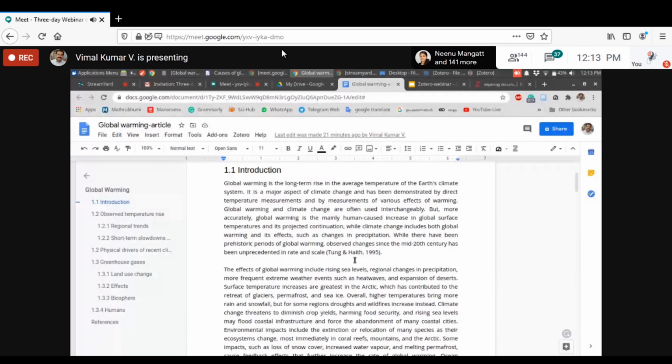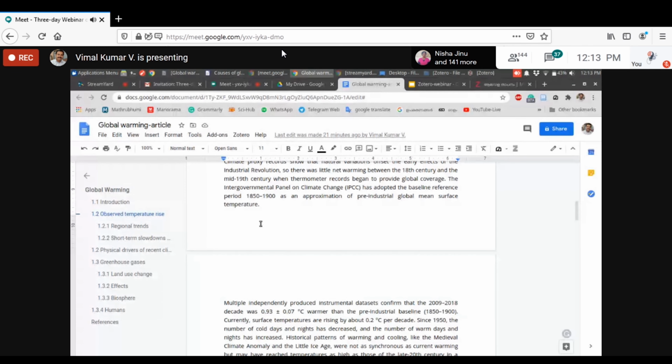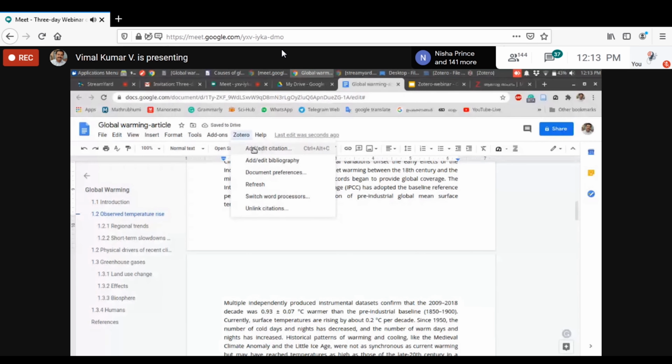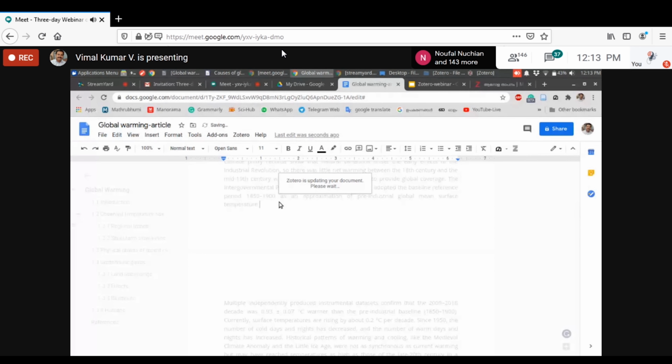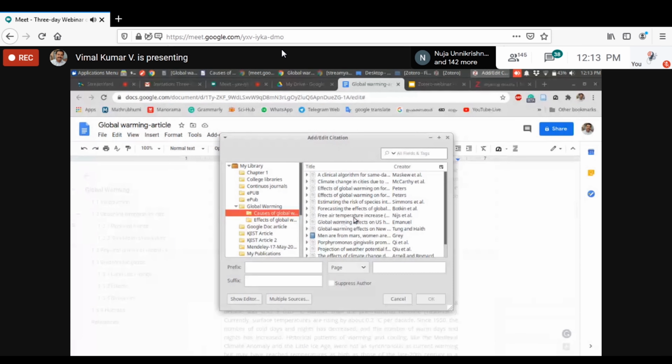Suppose you want to add a new citation, place the cursor there, then click on the Zotero menu, then click on Add/Edit Citation. Then click on classic view. Then select the particular reference you wish to add.